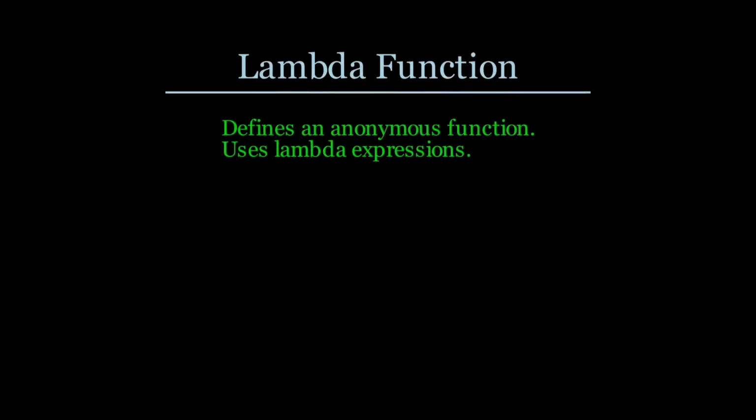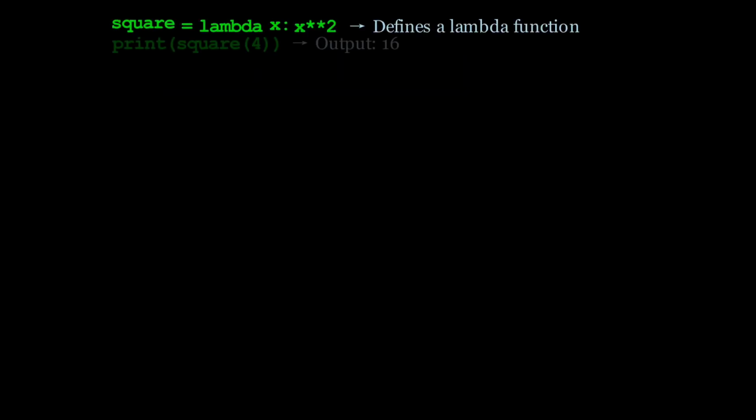Next, the lambda functions are the small anonymous functions defined with lambda keyword. They can take any number of arguments but contain only a single expression. Here we have defined a lambda function that squares its input and assign it to the variable square. When we call the square of 4, it returns 16, showing how lambda functions provide a concise way to create